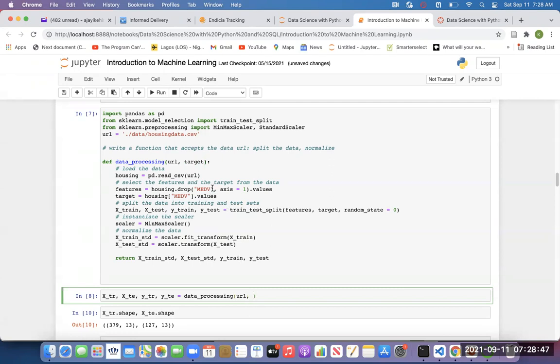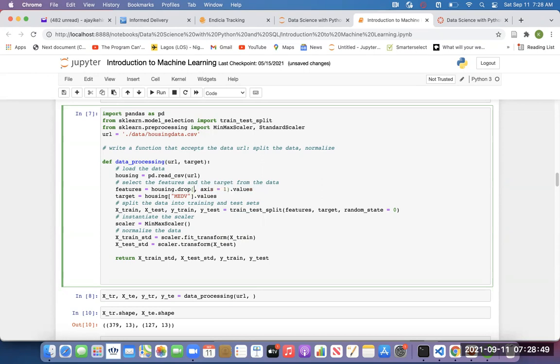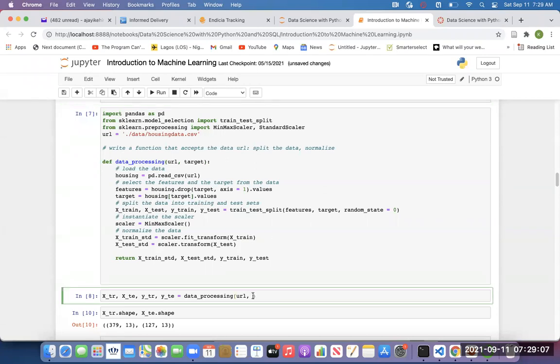That way I can use this function for another data, for another model, whatever the target is, so that you don't hard code it. So I will have to specify the target here.